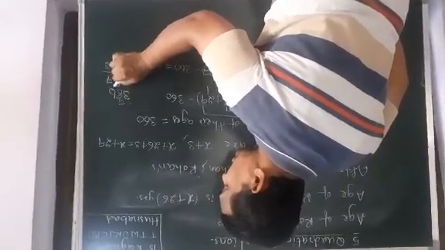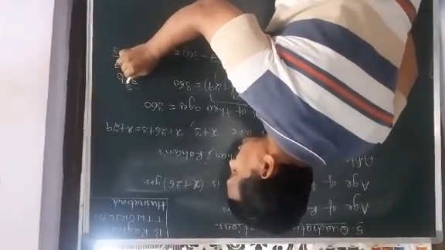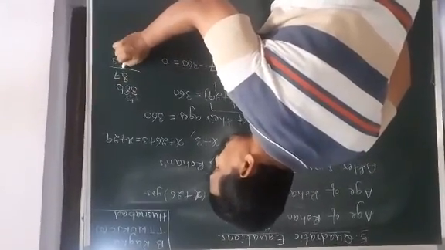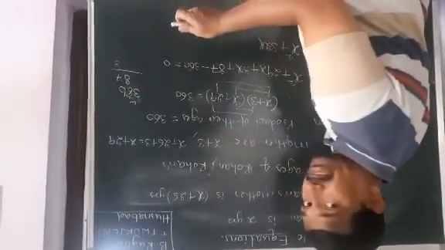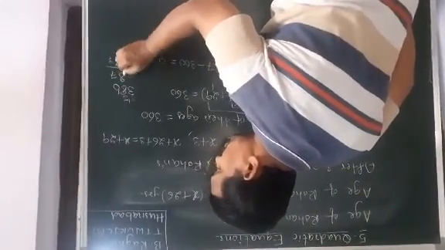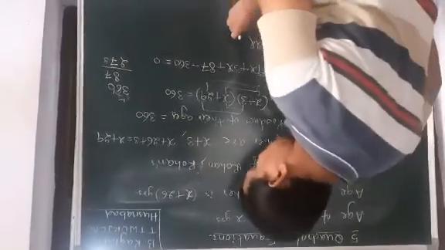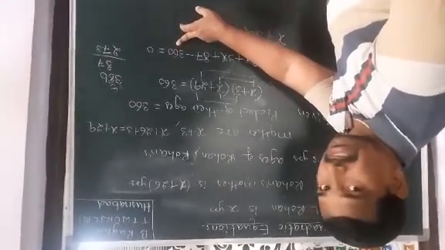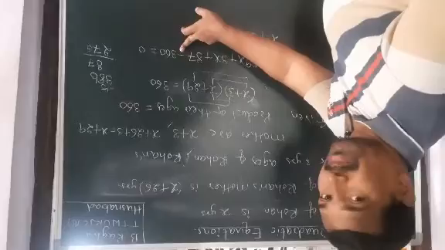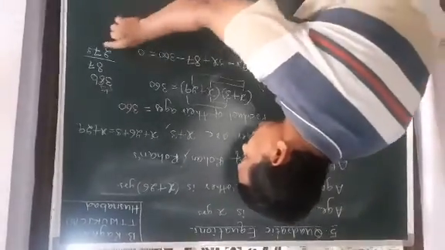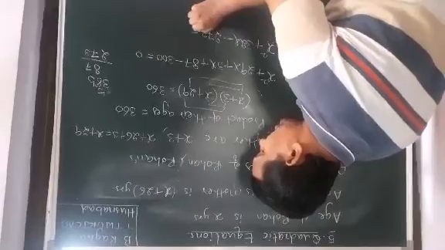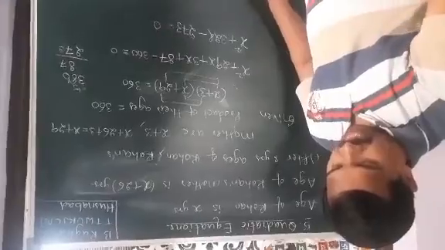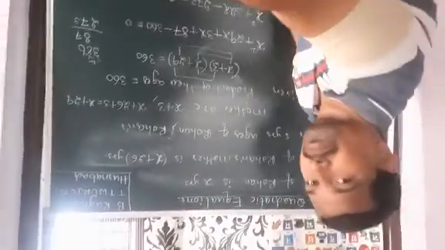Again here we can't subtract 8 from 5. So take carry 1, 15. 15 minus 8, 7. Here 2. 273. So that is here which is the bigger symbol? 360. Which is the bigger number? 360. 360 has symbol minus. Write minus. What is the value? 273 equal to 0. So this is the quadratic equation for the situation of the ages problem.